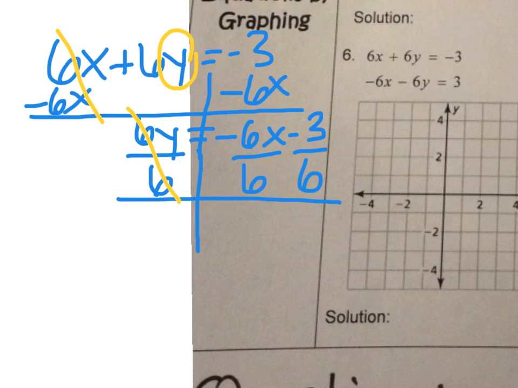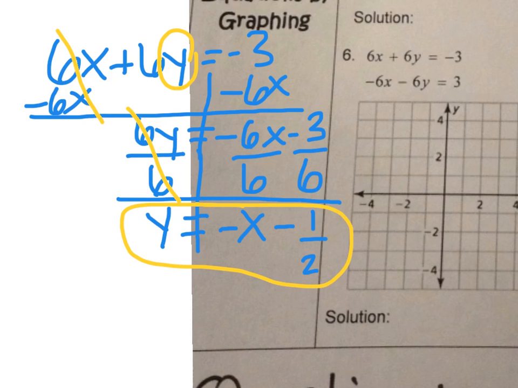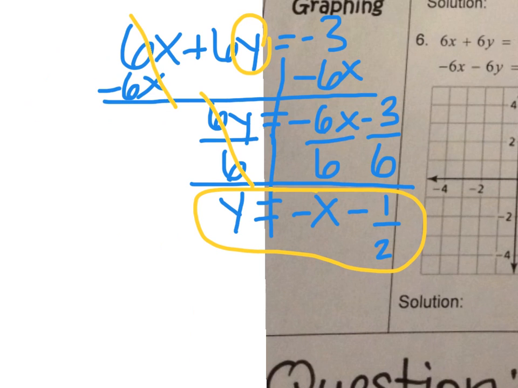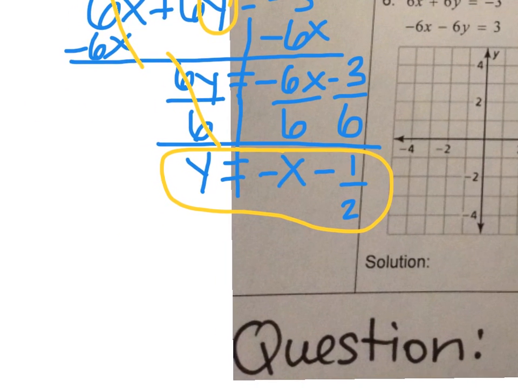Well, our 6's will cancel out on the left side, so we're left with y equals, and negative 6x divided by 6, that is left with a negative x. And negative 3 divided by 6 will simplify to a negative 1/2. So there is one equation in slope-intercept form. Okay, now we have to solve for the other one. So we take